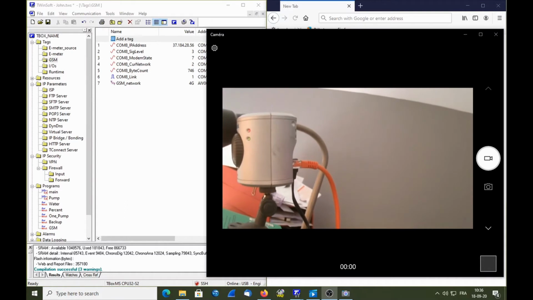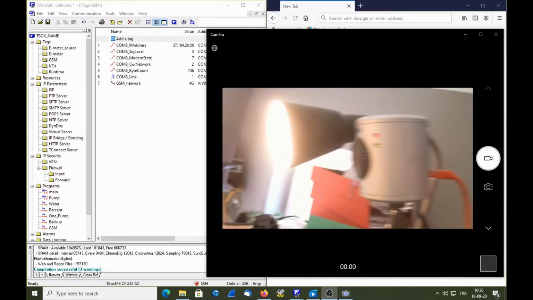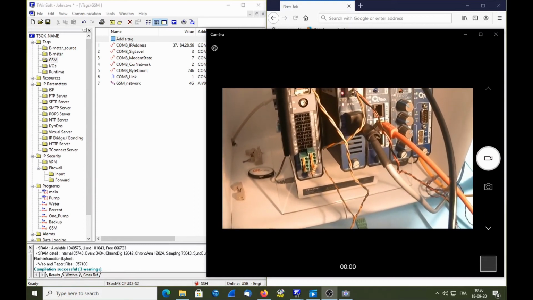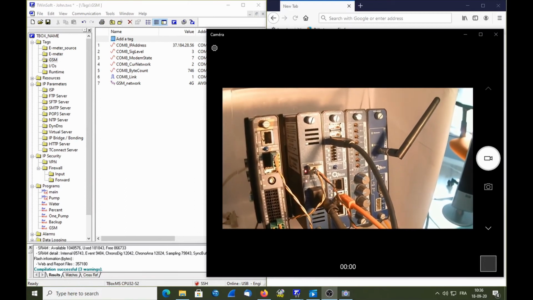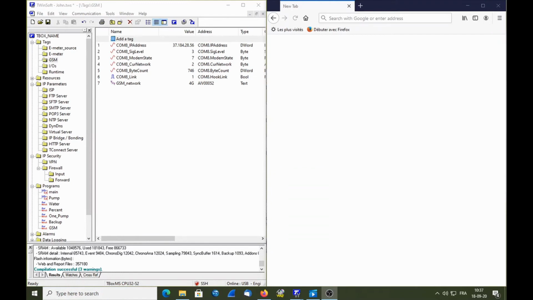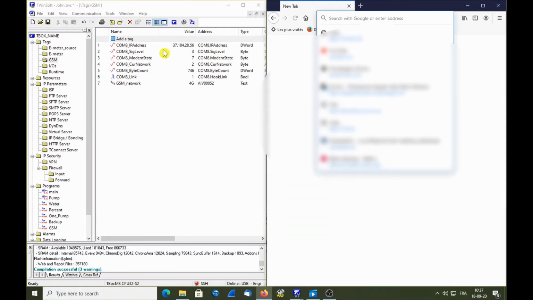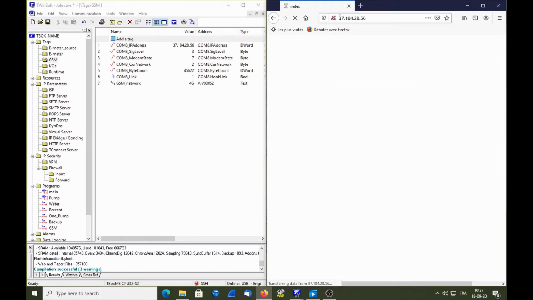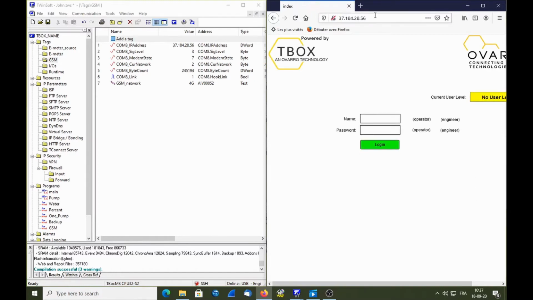Here is my IP camera with its Ethernet connection, which is cabled to COM3 of the CPU, and I will access it through the IP of the GSM. So let's open a browser, and from the browser let's type the IP address I have received here from the GSM, which is 37.184.28.56. When you type an IP address of TBox without mentioning anything, the browser will automatically connect to the